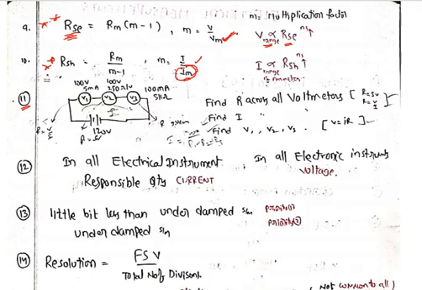V1, V2, V3 will be given, some voltages will be given, and they will ask you to find the resistance across all the voltmeters. How do you calculate? R1 is nothing but S into V, that is sensitivity into voltage. Sensitivity will be given, and we multiply it with voltage so that you get the resistance across a particular meter. Like that, find I, find V2, find V3, questions will be asked. If they ask you the voltage, you have to multiply the current into resistance.